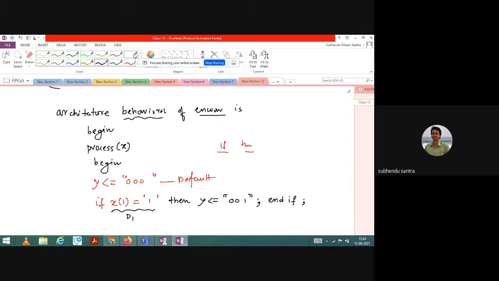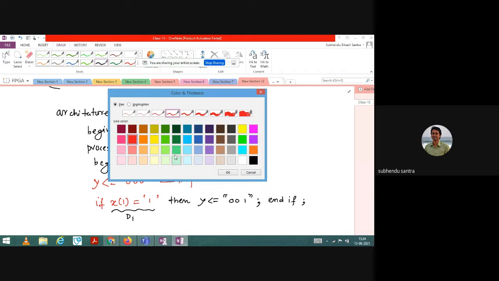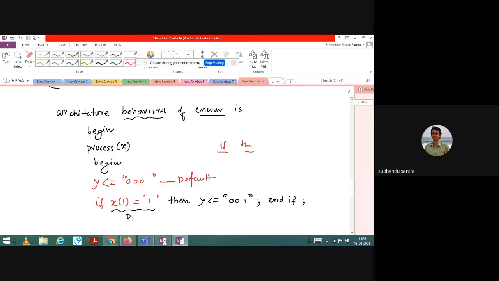You see the syntax, because otherwise it will show you some error. If x of 1 is high, then you should activate the output. The other d is input, so maybe here I can write a3 a2 a1 like that. So 0 0 1 and end if.